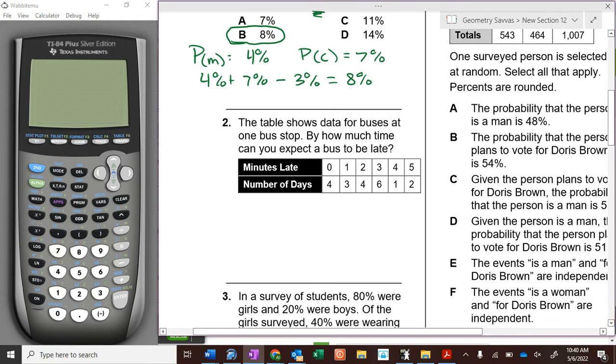The table shows buses at one bus stop. How much can you expect a bus to be late? Expect is expected value. Expected value is the probability of one thing times the value of one thing plus the probability of the second thing times the value of the second thing plus ... So the probability, okay, how many days are there in this little chart? 4 plus 3 plus 4 plus 6 plus 1 plus 2. How many days? 20 days. So you have a 4 out of 20 chance of it being 0 minutes late,